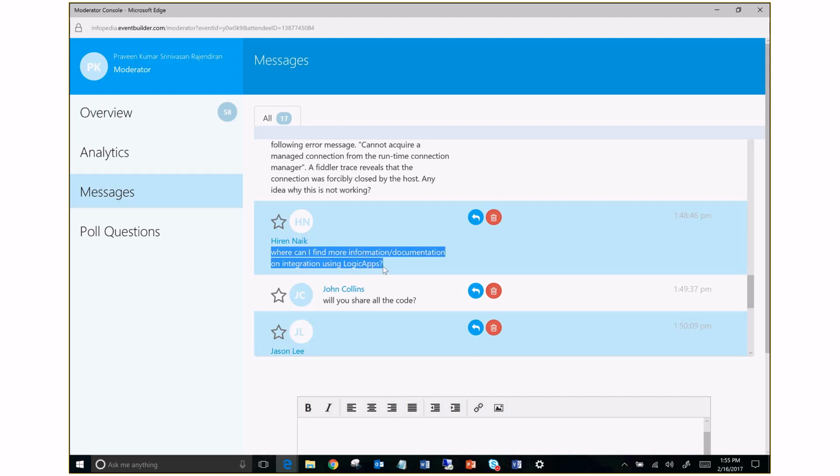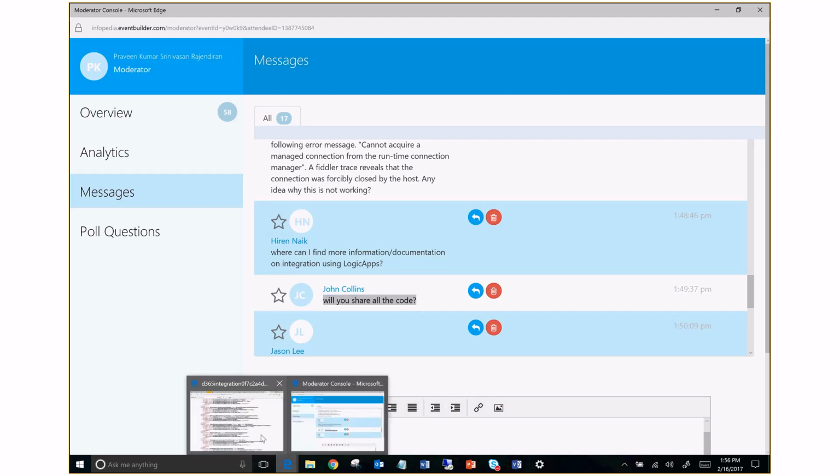So there's tons of materials available on Logic Apps. One of the popular places for you to look at is called Microsoft Ignite. Ignite is a conference where a lot of upcoming topics are being showcased, and there is a lot of video and content around creating Logic Apps in general, and about different connectors, how would you templatize it, what ARM templates would look like, and so on and so forth. Yes, we'll package all these things up and put it in the GitHub